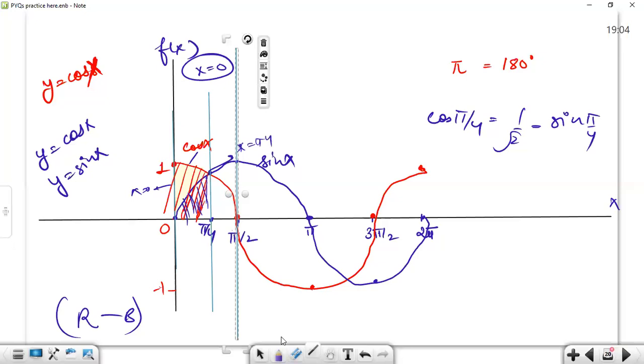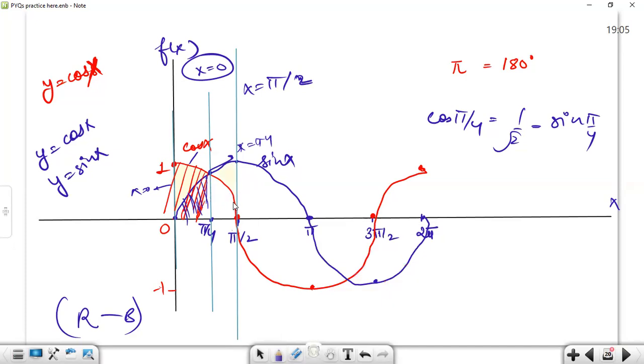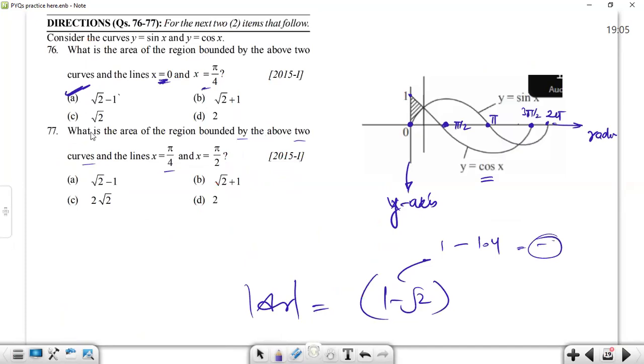This is the line x equals pi by 2. Now we have to find the area bounded by these two lines and these two curves. So the area should be this, right? And according to symmetry, my guess is the answer should be root 2 minus 1 only,